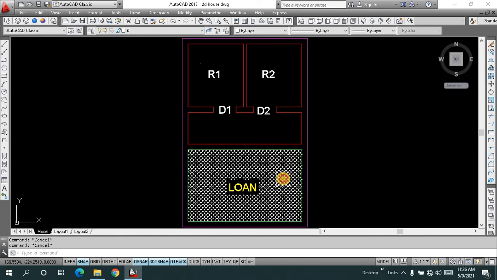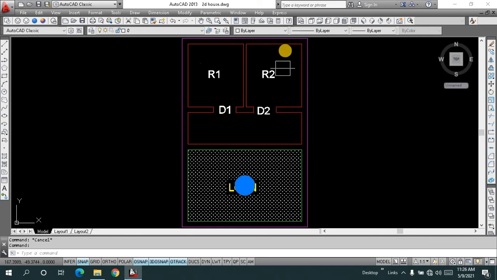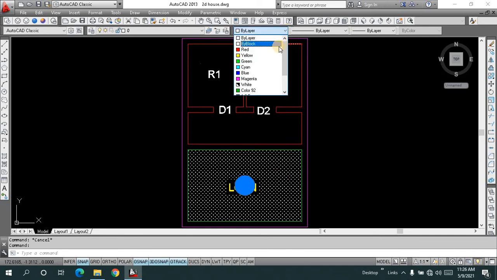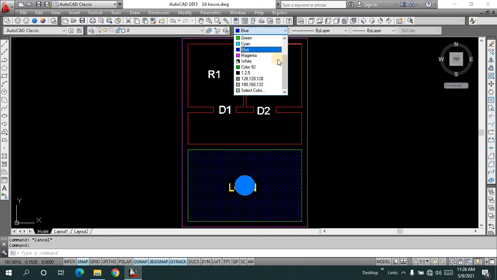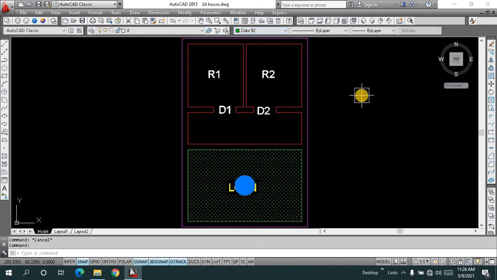Now let me color this portion. Select the region, come here, and select the color for it, which is this one, the grass color for now. So hopefully you understand how you can do the hatching